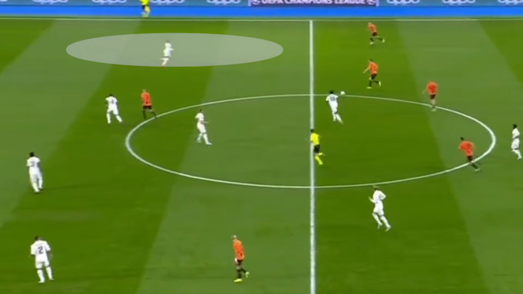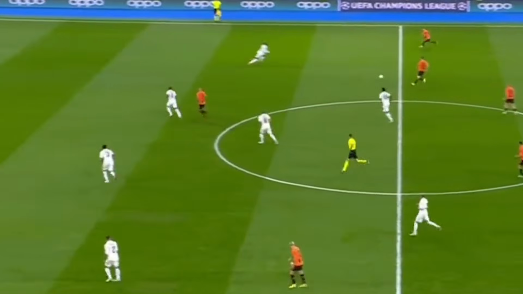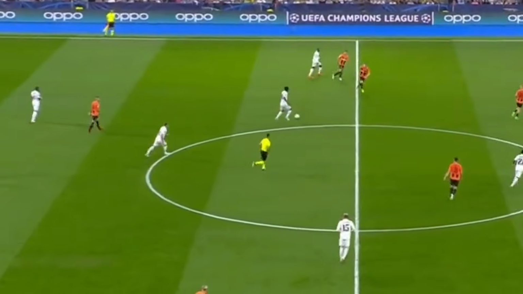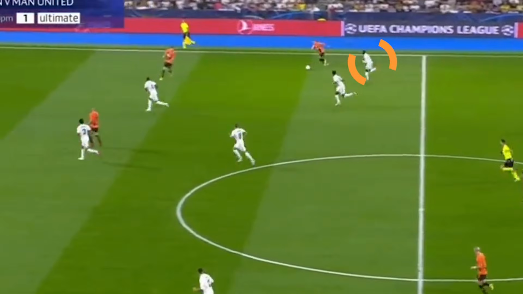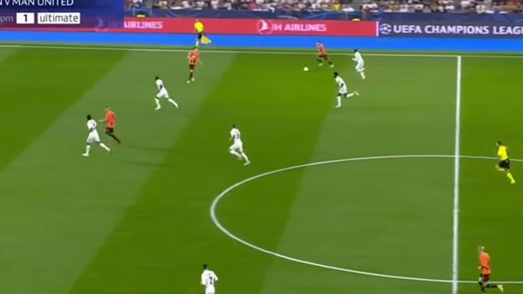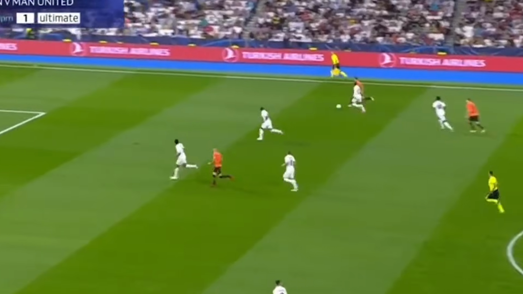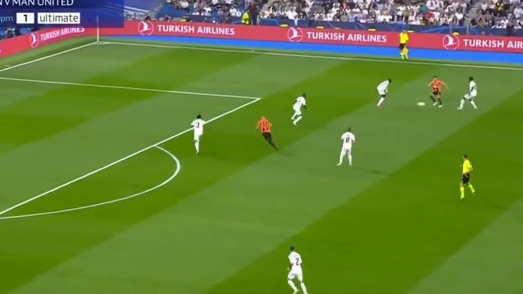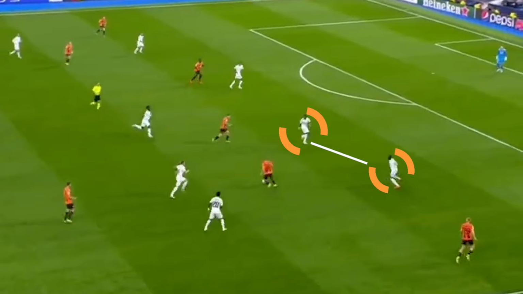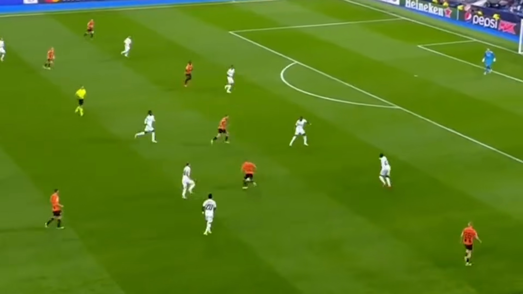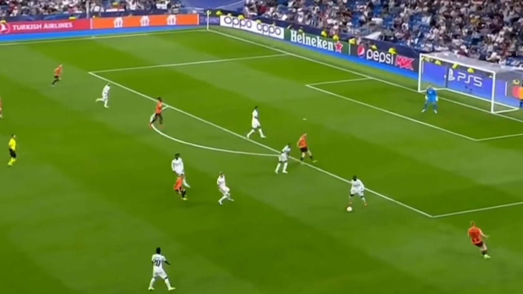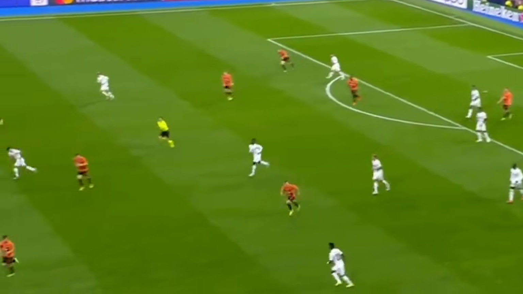Defending wide areas. This is going to occur when your team is out of possession. In these next clips, you're going to notice how the fullbacks are covering their zone first and then stepping out of it to defend any passes or anything happening in their area. Here we see the fullback showcasing their work ethic, tracking that runner back, making sure they get back in the zone. Here they are close to their center back, making sure that they cover the central area first and then